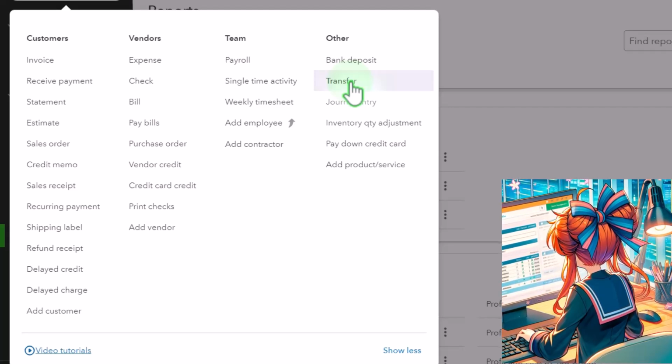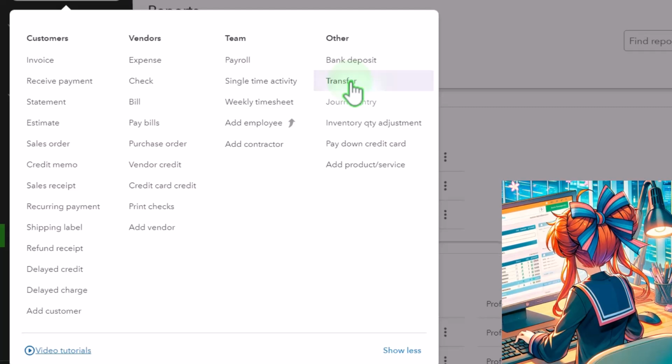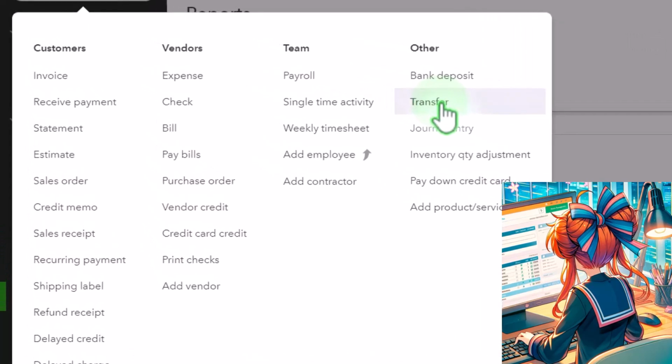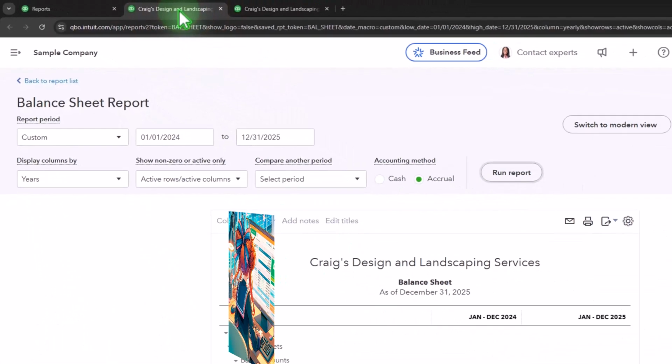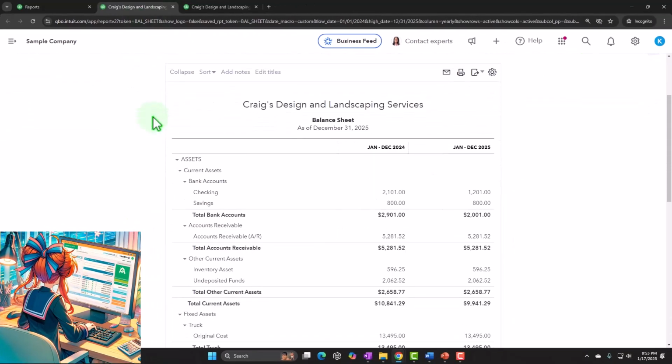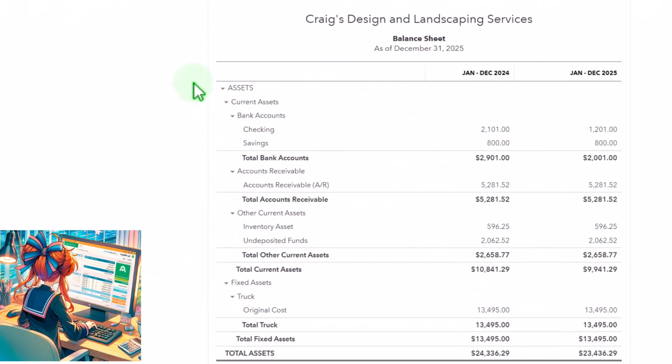It'll be correct. You can use a deposit form or an expense form, but the sorting will look a little bit funny, which can cause problems, and therefore the transfer form might be a better way to go. So let's take a look at an example of this to really get an idea of it, because it could be a little confusing. Let's go to this first tab here, the balance sheet tab,